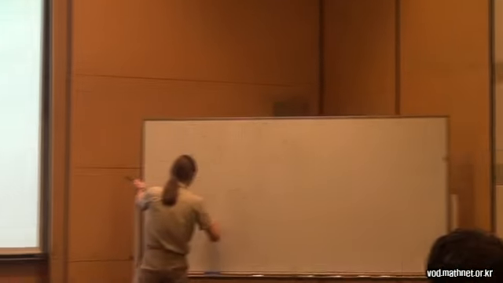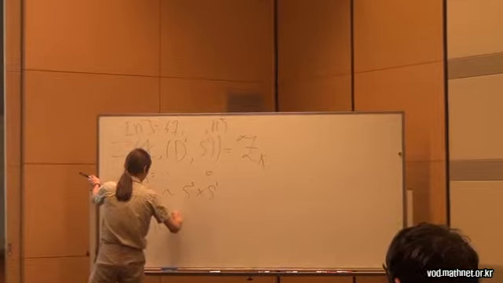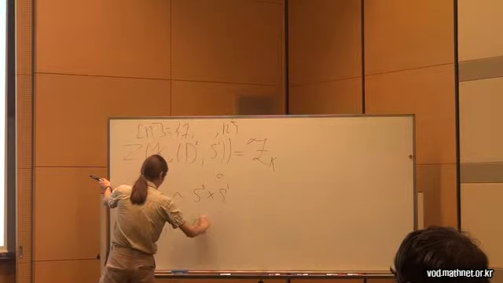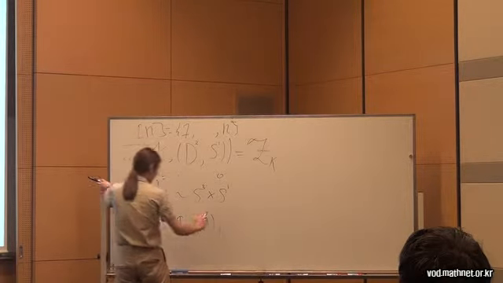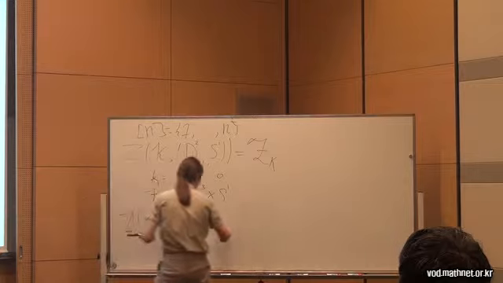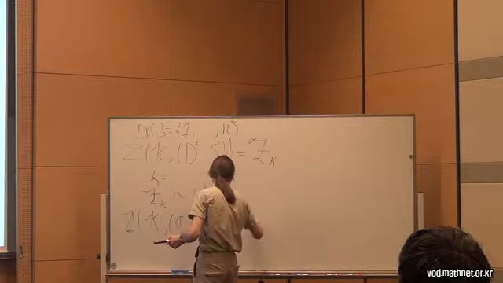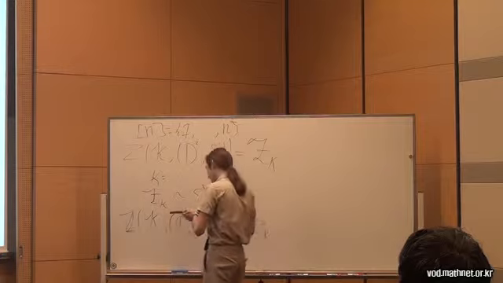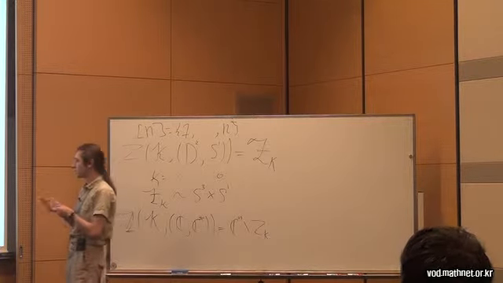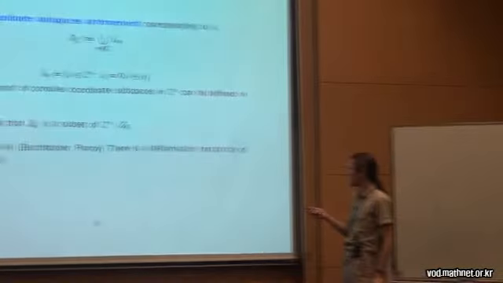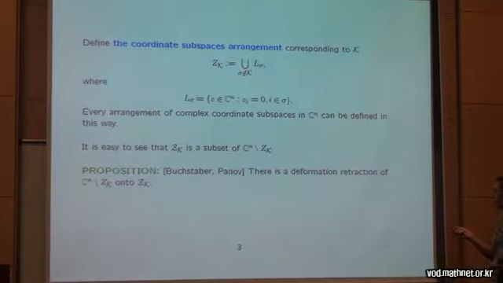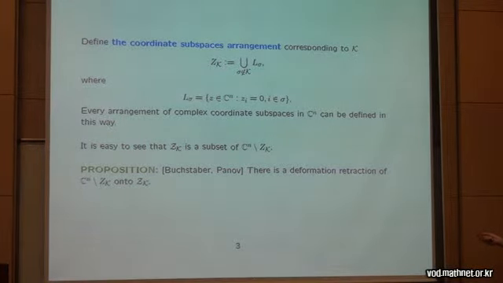It's just a polyhedral product of these two guys: we have C star, and this is what I write as C^n minus the arrangement. Okay, and it's quite easy to see that our moment-angle complex is a subset of the complement to the arrangement, and